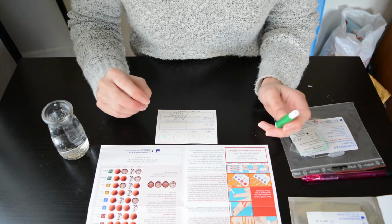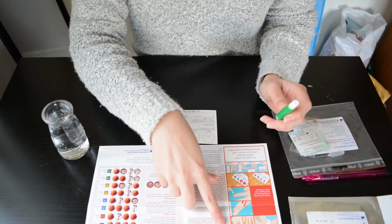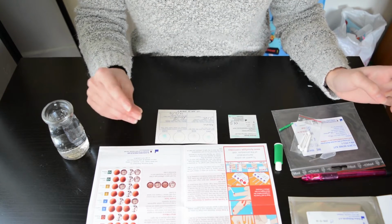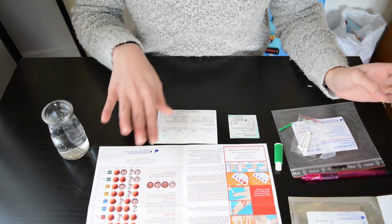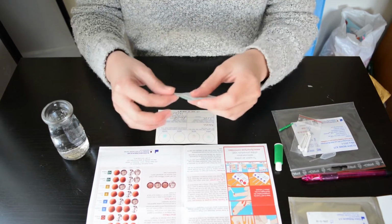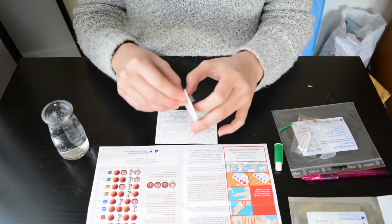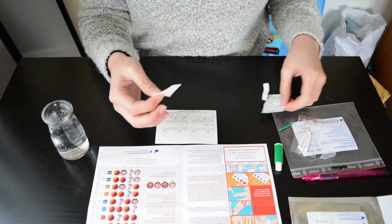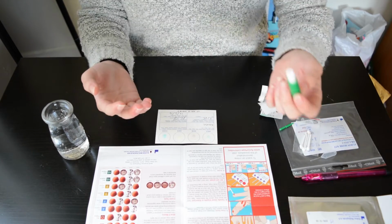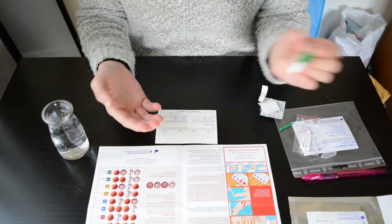Step 4, it says, they typoed, which really concerns me. They said prepare fingertip. I just wet my finger and it seems pretty soft. Sorry, my fingers are really swollen from the cold weather. And it's dry now, so I gotta swab it. This is always what they do when they give you shots. They have to disinfect the skin. You know, makes sense. Now I gotta just use the lancet and press it into my finger,